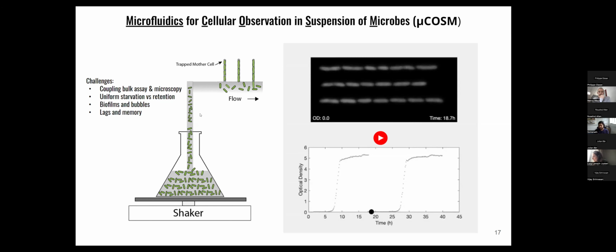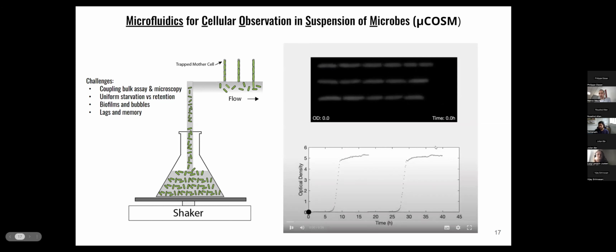And so now I can present to you data where you'll see on the top panel how individual cells respond and behave as they go through repeated cycles of entering stationary phase and exiting. At the bottom panel, I'm plotting the optical density of the culture using an inline sensor. You have 2 cycles here, and you can repeat it as many times as needed. On the top panel, you'll see 3 lineages that we picked to show this, where individual cells have a stress response marker on them.